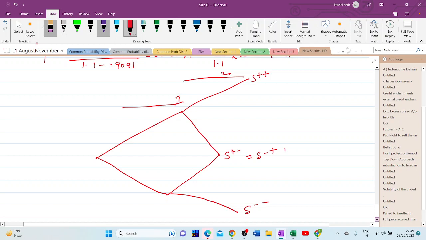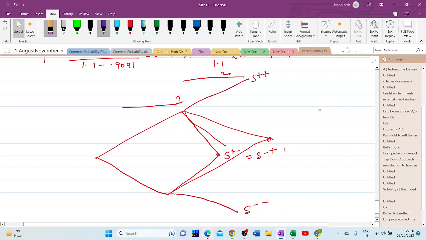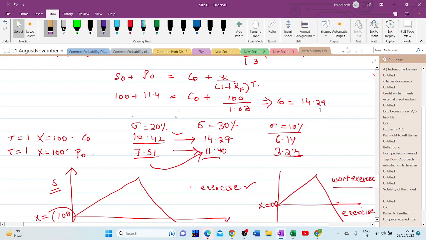सो ये जो लैटाइस बन रहा है ना, that's going to recombine at S प्लस माइनस एंड S माइनस प्लस। ये बन नहीं रहा, मेरा वन वर्ड हैंग हो गया है, तो थोड़ा सा ड्राइंग गलत, ये लाइन और ये लाइन यहाँ बनना चाहिए था। ये जो यहाँ रोक रहा हूँ ना, ये यहाँ रुकना चाहिए था। ये रबर एक्टिव नहीं हो रहा है, लेकिन ये यहाँ पे खत्म होना चाहिए था। एनी हाउ, तो वो है ये अपना 2 पीरियड बाइनोमियल मॉडल है। ये अपना कॉलेबल बॉन्ड्स और पुटेबल बॉन्ड्स को भी प्राइस करने में काम आएगा। एंड दिस इज गोइंग टू कम इन हैंडी व्हेन